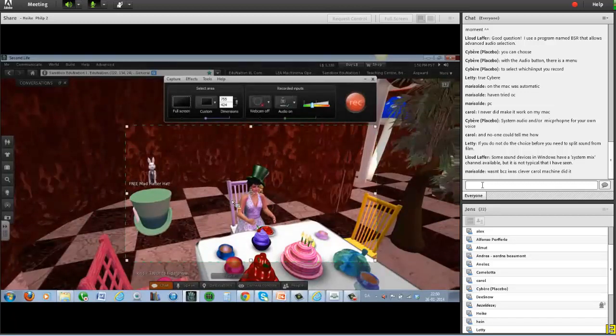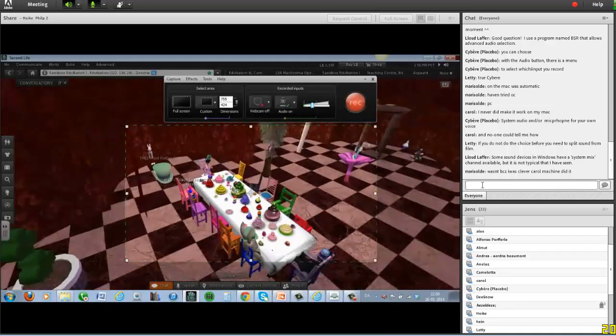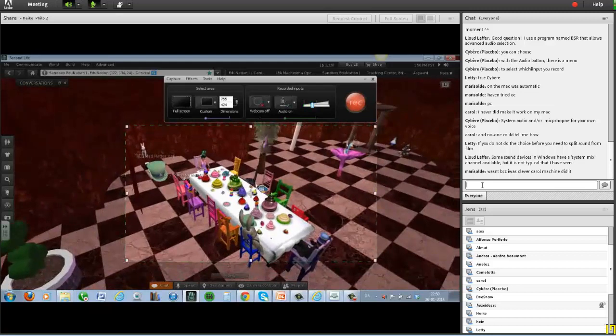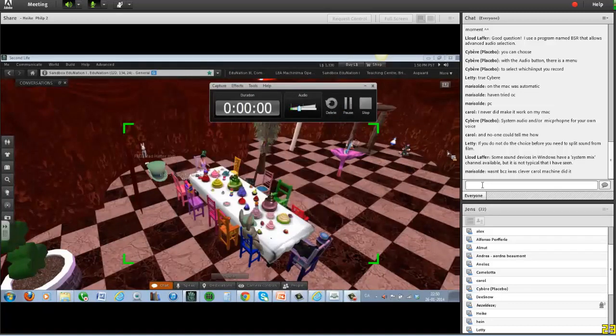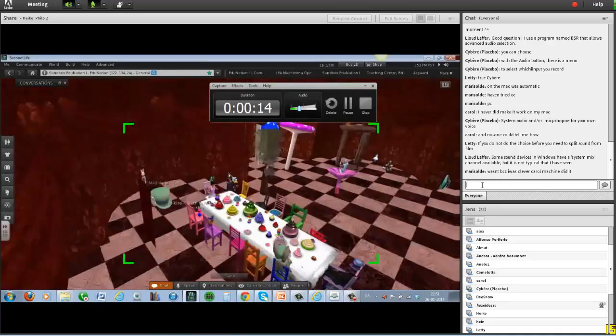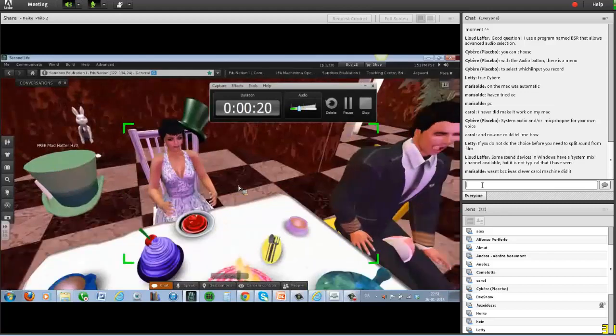So I could start from this part here. I would like to start here, my position here, and I start recording. It's counting down, and you can see here the area which is going to be recorded, and now it's on. I can start there, and at the same time, I can always cut things away. I would like to move it a bit around, and I think it's Alfonso coming there, so I will zoom down on him, and already Kara is there. So I will record them there now.